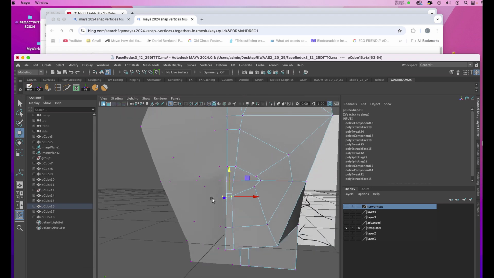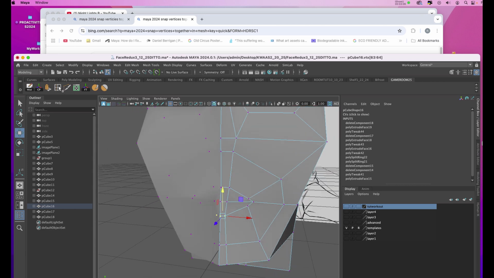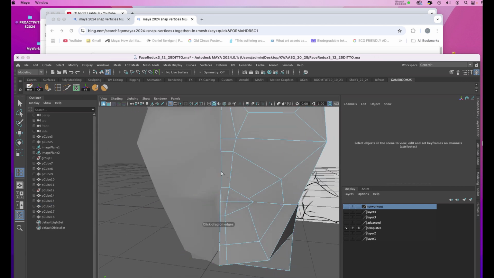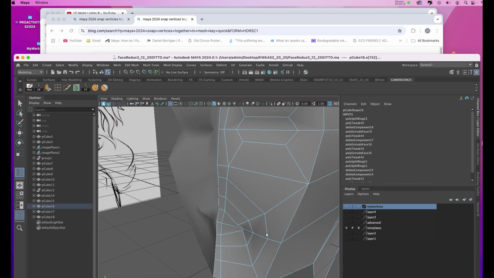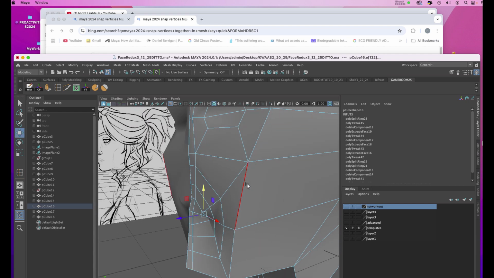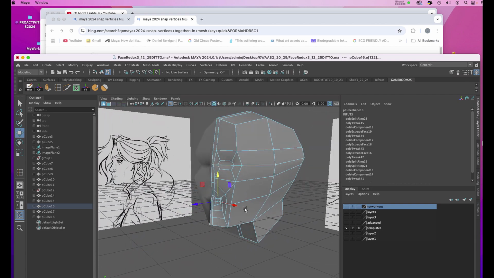So you can see now we're starting to kind of flesh this out a bit. And this allows me to go in now and I can introduce more edges down in this area here to add more refinement. So now I'm going to go in and I'm going to start to model this in 3D space by adjusting these vertexes. When we come back, we'll